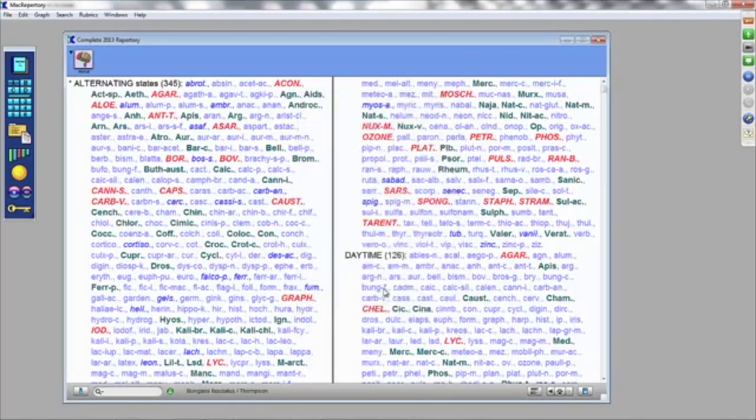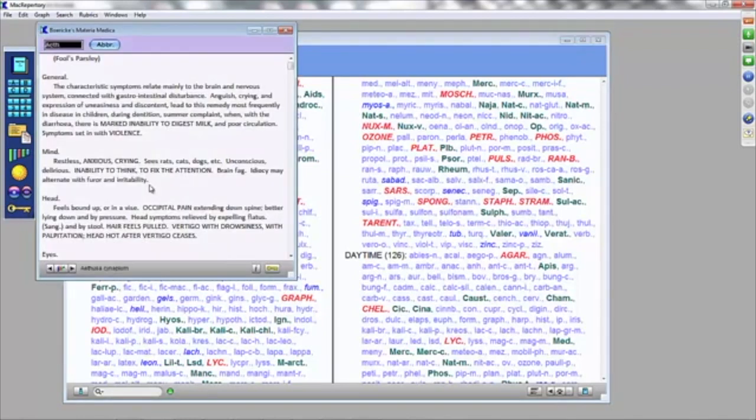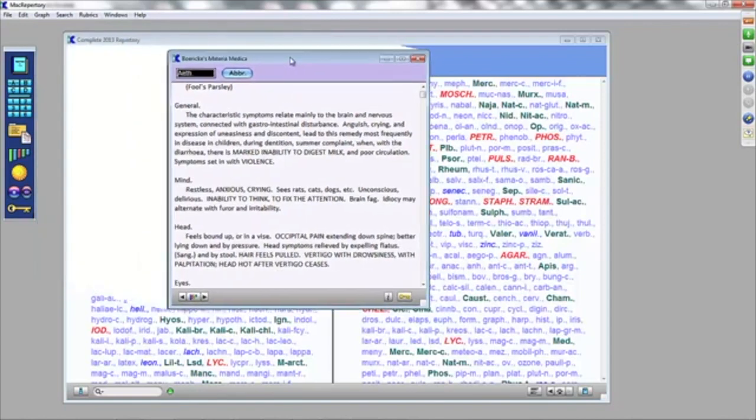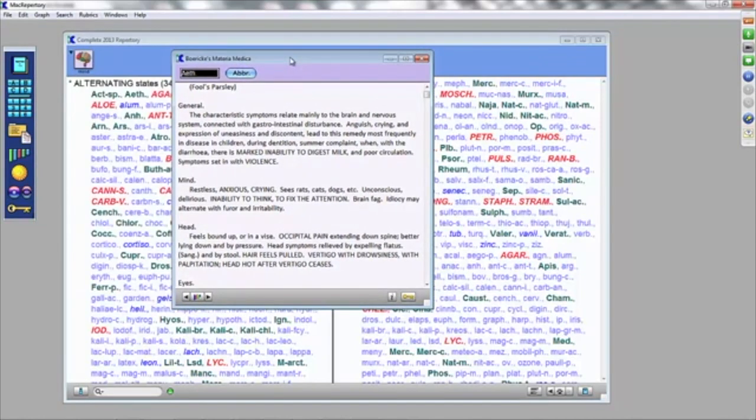Okay, now the other thing that I'd like to show you is how to search inside of Keynotes. We've discussed how to search inside of MacRepertory and ReferenceWorks in my previous sessions, but I'd like to show you how to actually search inside of the Keynote. So let's say we open up the Keynotes here. How do I search for something inside of here? Well, the way that you would do that is you'd open up whatever Keynote you want to search inside of, and then you would go over to the search pull-down menu